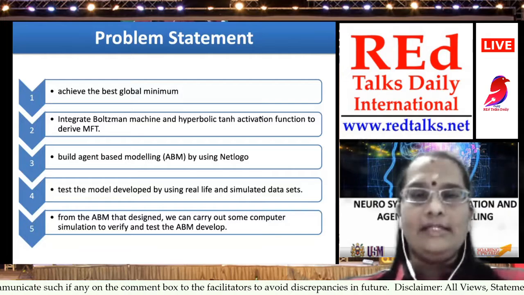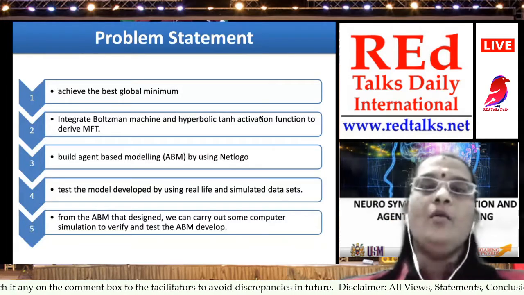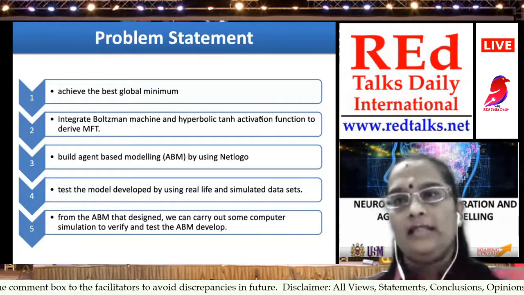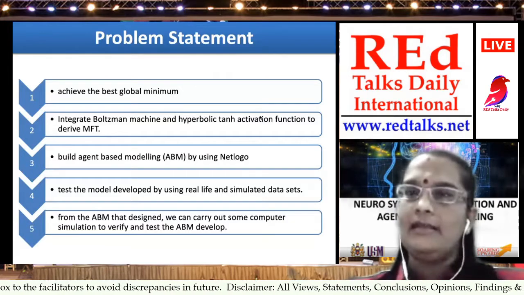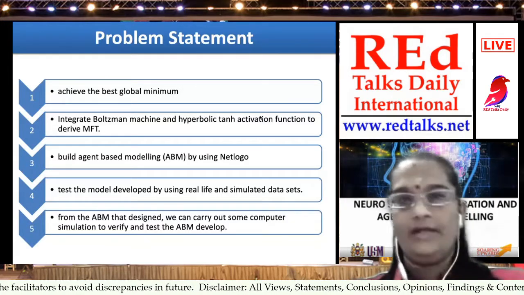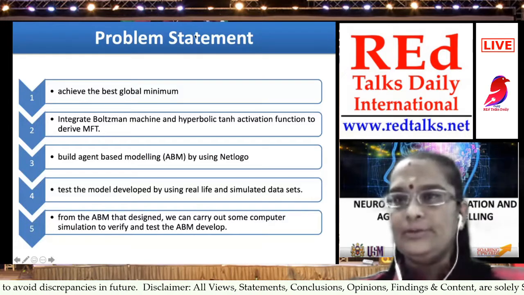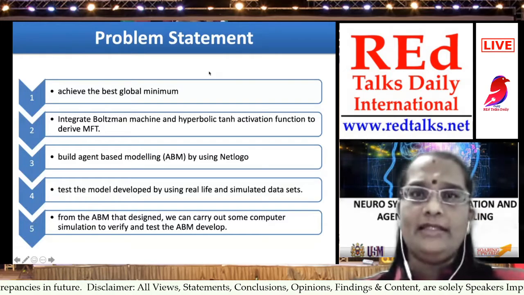I will look into why we need agent-based modeling by using NetLogo, why we want to focus on agent-based modeling, why not any other platform, why I chose this particular platform in implementing my work in neural networks, and also we will see how this model is used to test some real life and